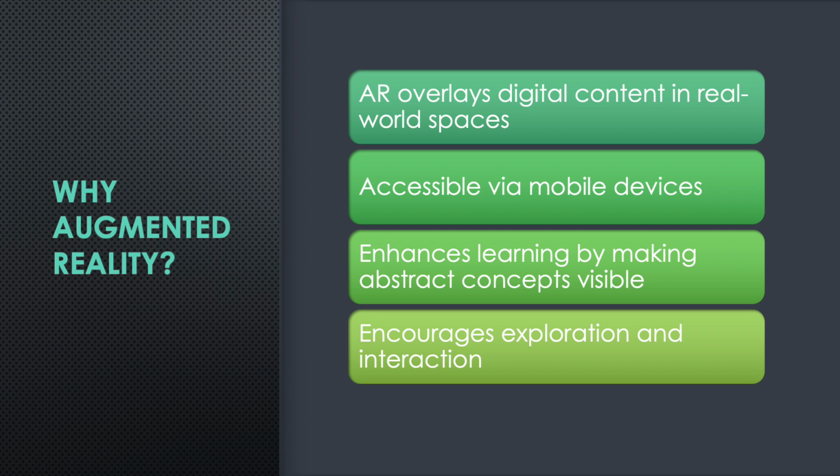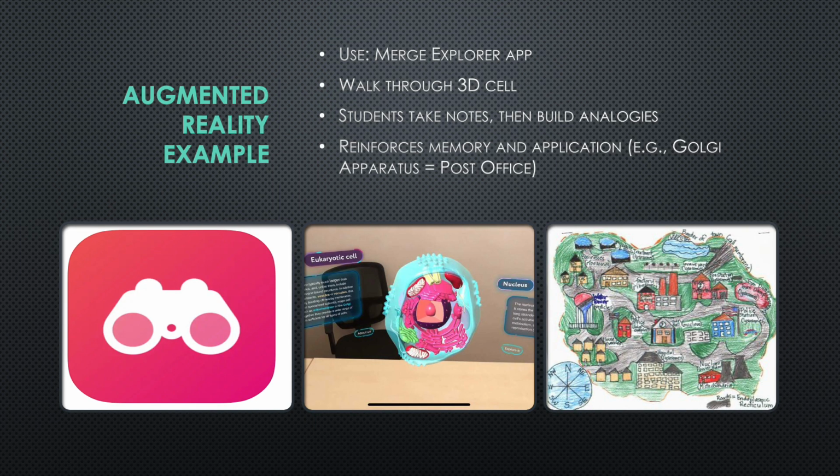Again, if you think about the example with cells, if they're able to pull up a model that's 3D and click and see the movement of the mitochondria or the packaging of the Golgi apparatus, and actually play with it and have a hands-on experience, they're going to retain that information more than if they're just coloring in a picture of a cell. So using that cell example,